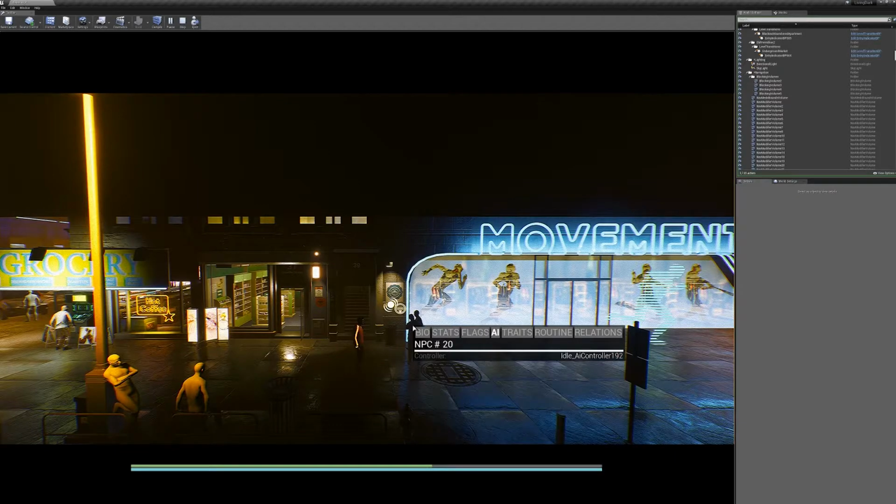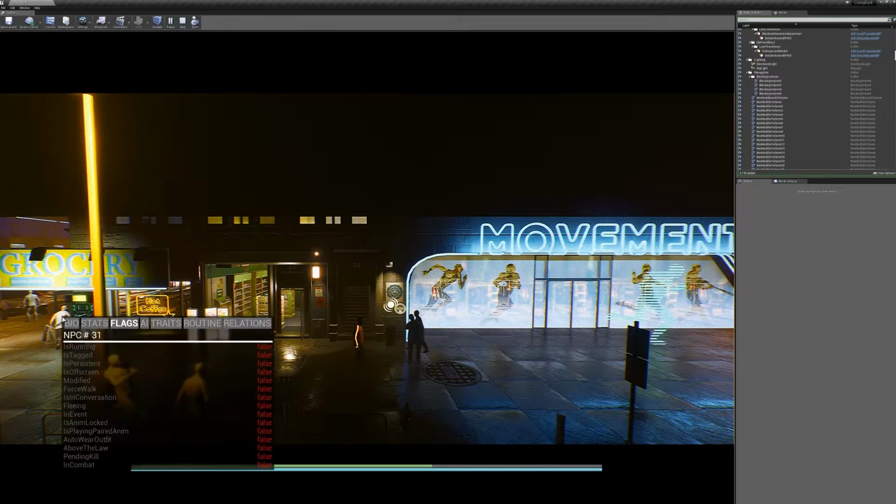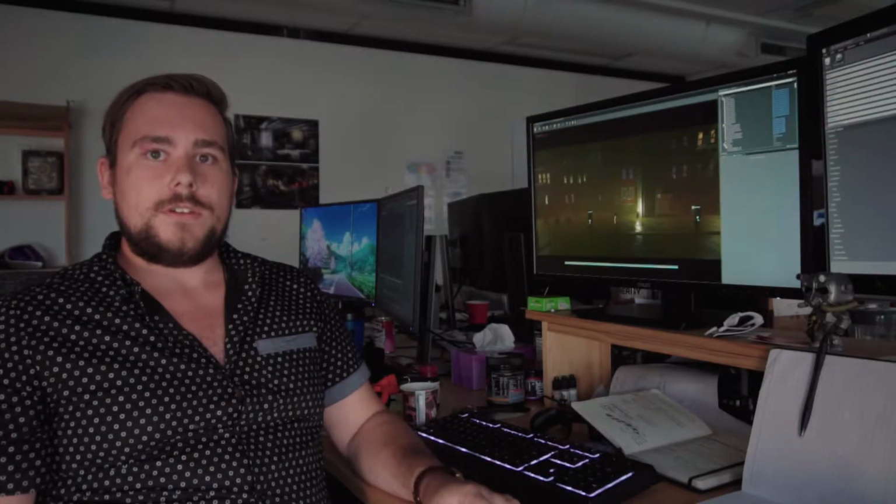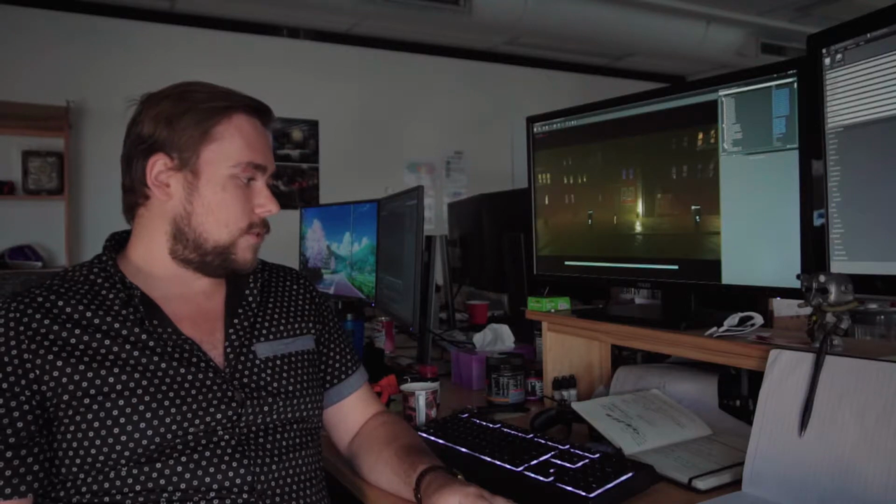That's where we came up with the way any character in the game can, through talking to the player or doing missions with the player, become what we're calling bonded. Once they reach this level of interaction with the player, they're actually saved into the game and become a proper character in your game. So you can go hang out with them or talk to them whenever you want.